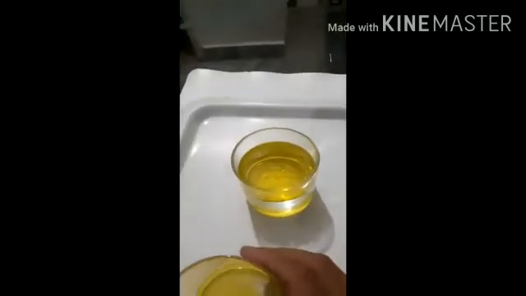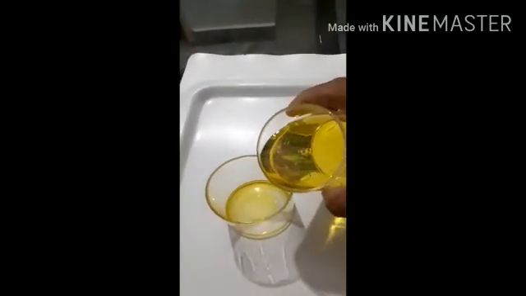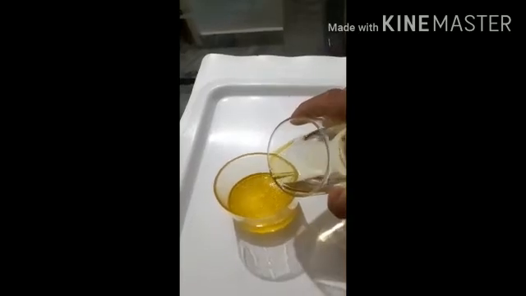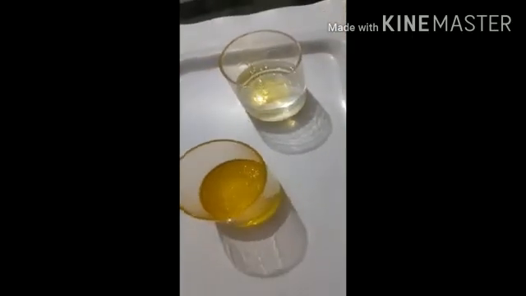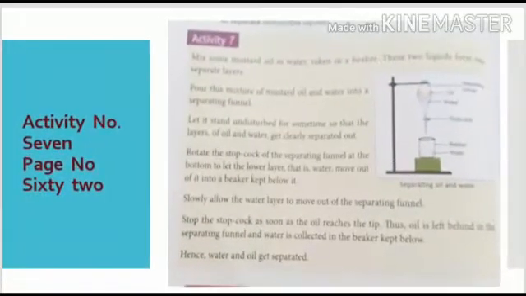And now I am going to separate out the oil which is on the top into another tumbler, pouring it slowly so that the water isn't disturbed, and in this way you can see most of the oil comes into the other container. The separating funnel also works likewise, but we will see it later on the opening of school. So activity number 7, that is given at page number 62, you are going to read thoroughly by sitting at your home.